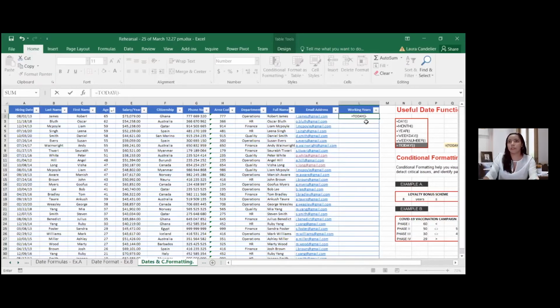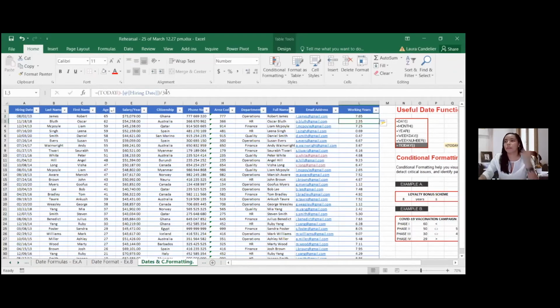And we will deduct that from the hiring date to know how many years the employee has been in the company. But before that, we have to add parentheses to tell Excel that we want to do the subtraction before dividing it by 365 days in a year. So now we have here how many years